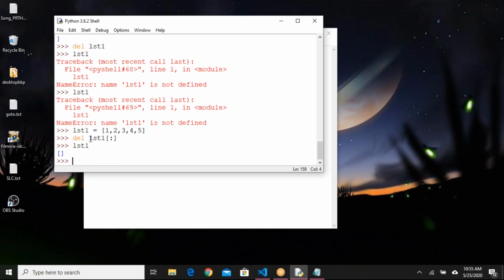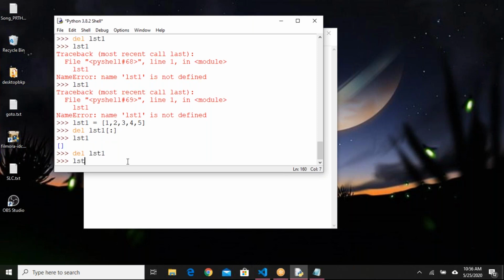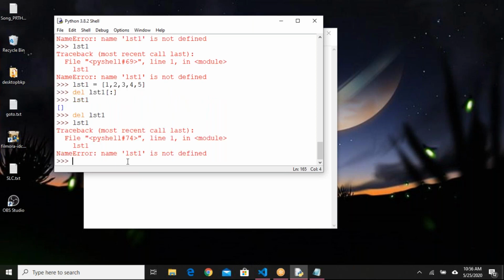So when I say lst1, I got the empty square brackets. That means all the elements are removed. The list is available here. But when I say del and list name, it removes the entire list. I can't access the list. So that is the difference between deleting all the elements and deleting the entire list.